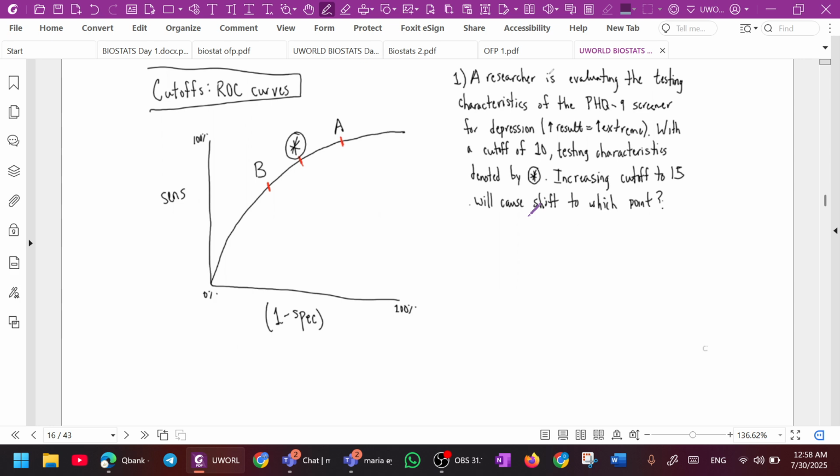Okay, for the diagnosis of ITP, we are putting the cutoff at 25K. If the patient's platelet level is below 25K, then we consider this patient as ITP. If we decrease the cutoff from 25 to 10K, then it is harder to diagnose ITP. So it will go down. You have to read the question. Does it make sense? Yes, it makes sense.